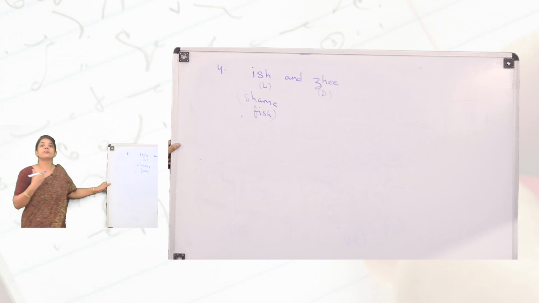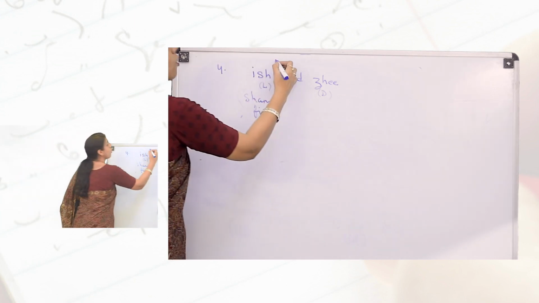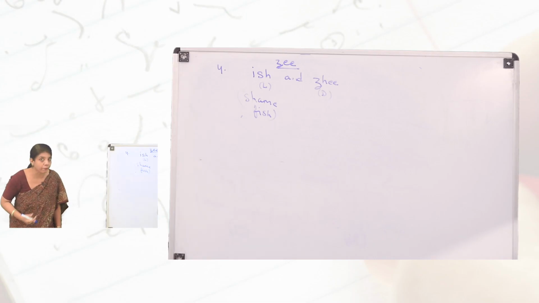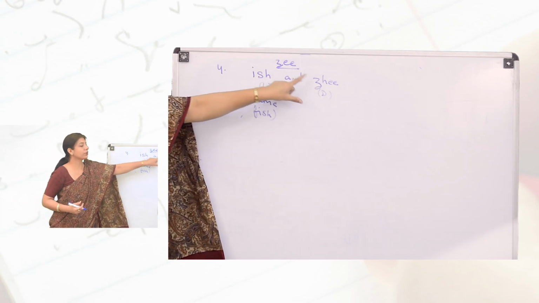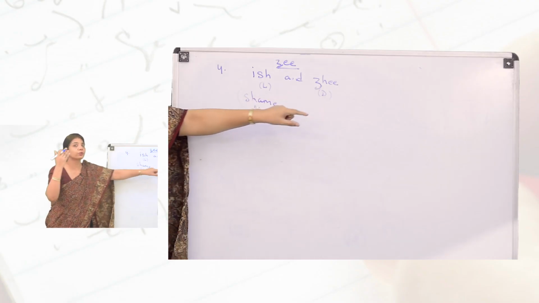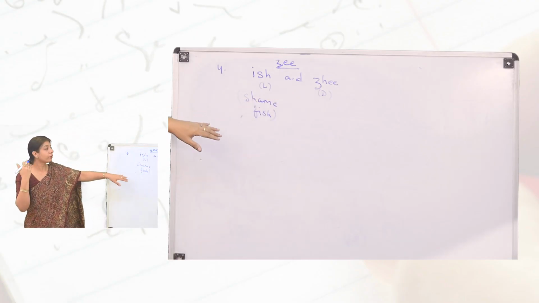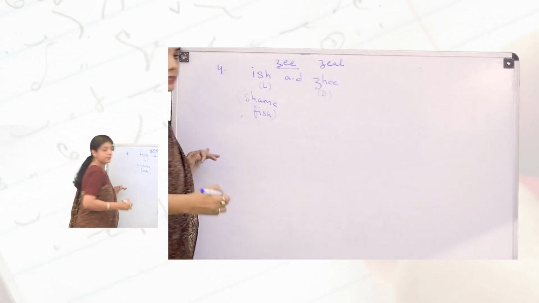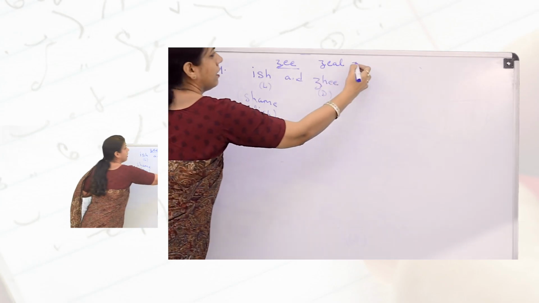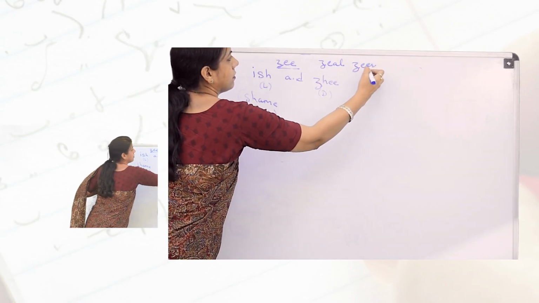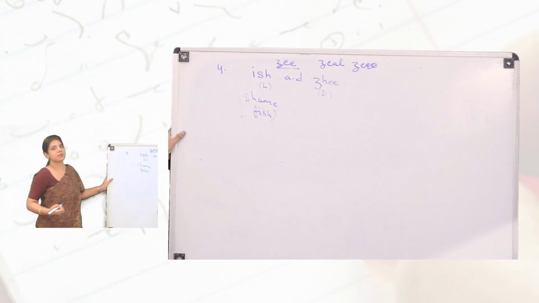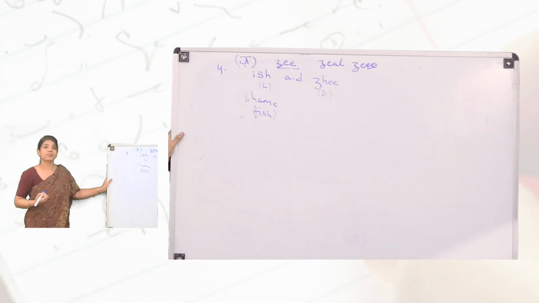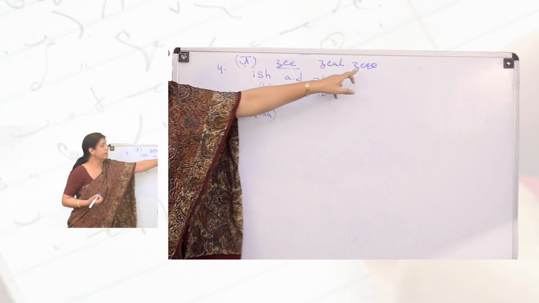Now, the G sound. How is this sound different from Z, which we have just covered under the third pair? Please understand the difference between the two sounds. Very important, because you are going to write exactly what you are going to hear. Z is basically, I'll give you an example, zeal. Zero, Z sound. Now when we write J like this, we call it Z. So this is zeal, zero.